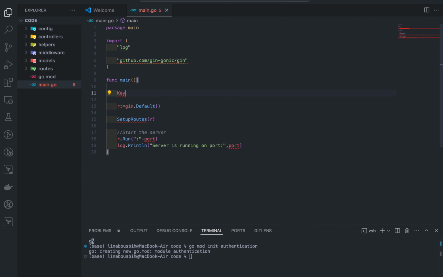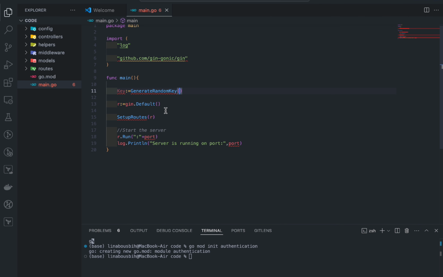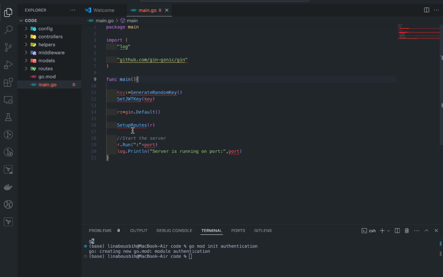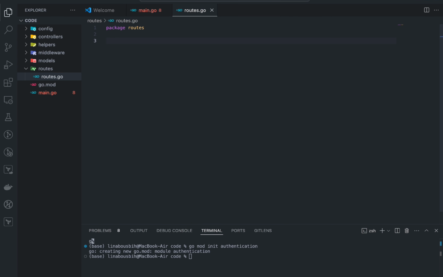So the last thing we talked about in our architecture is the key. There are multiple ways to do that. Usually it's randomly created by the system, its value is then stored in the env file and you export it. But I also wanted to show you how to generate a random key in here. So we will create the GenerateRandomKey function and call it, and then reset it using this set function. In the routes, SetupRoutes takes the router,